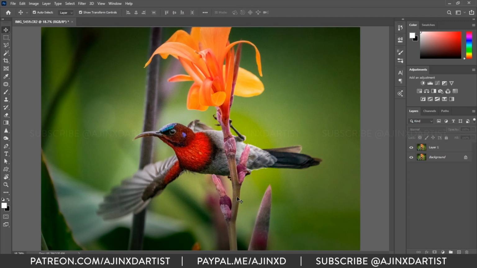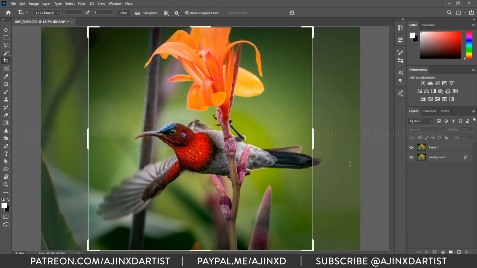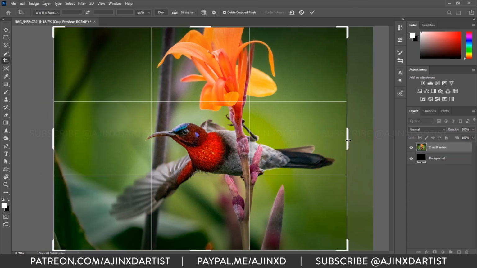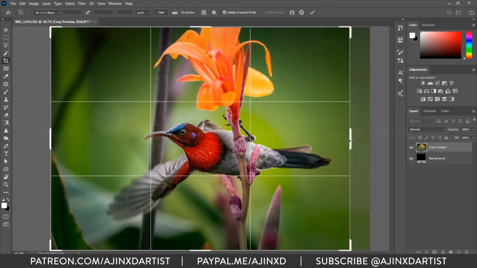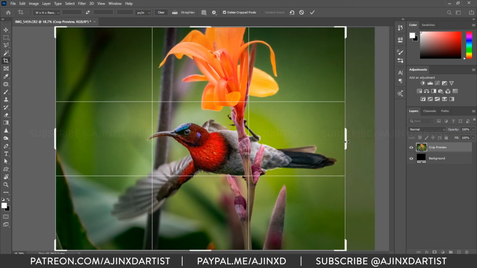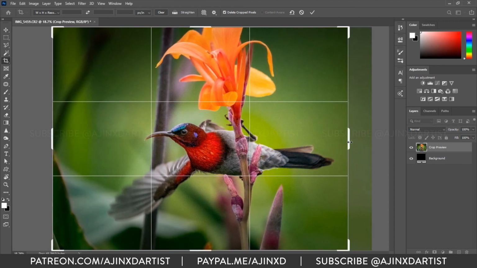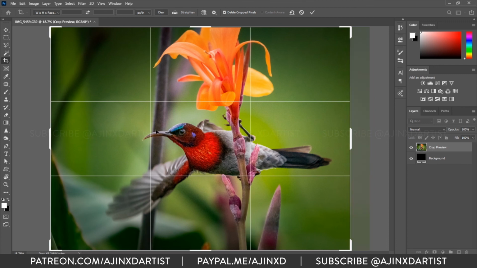I think I'll crop the image even further now. Okay, if you're following me on Patreon, you'll get first access to this video. Yeah, this frame is nice. So if you're framing or reframing in our case, try to get your subject on any of these corners, pluses, or on the line or in the center.